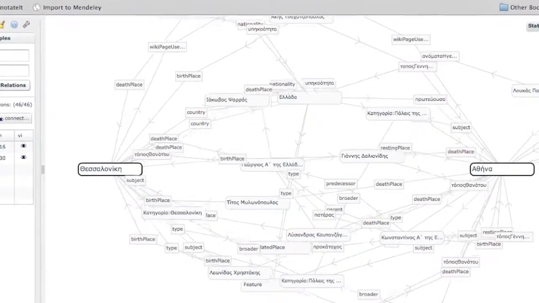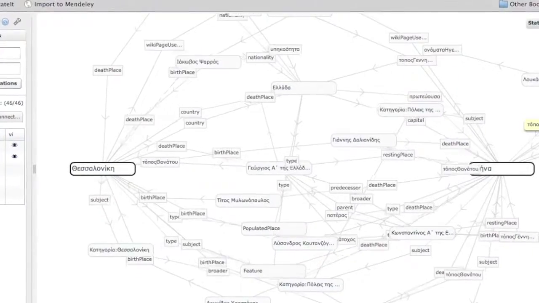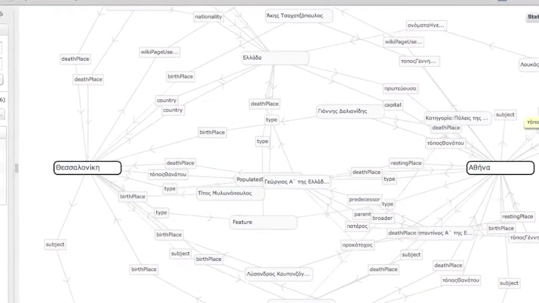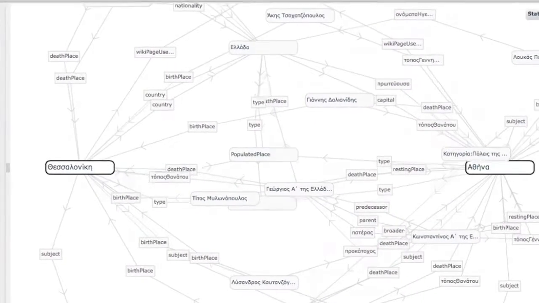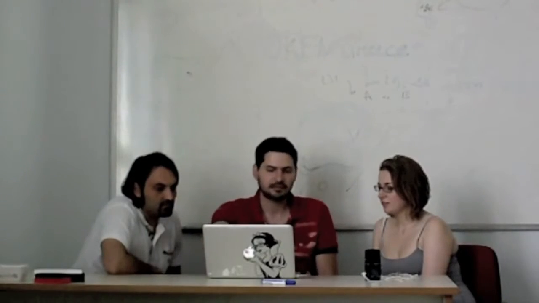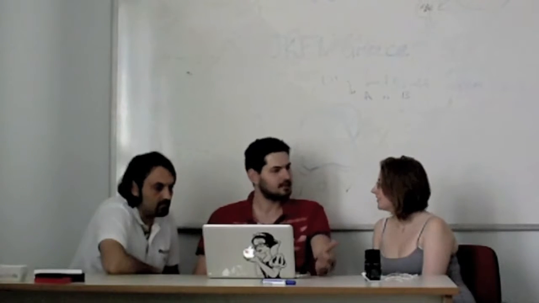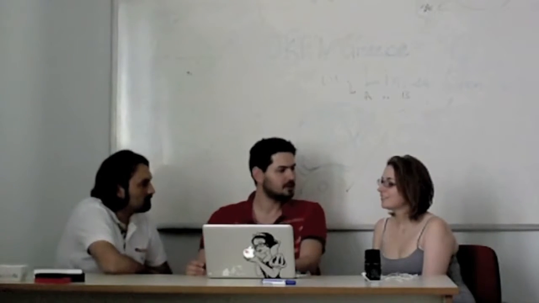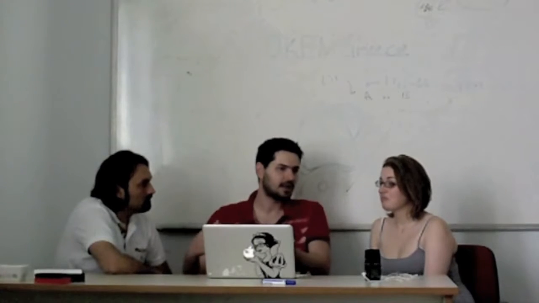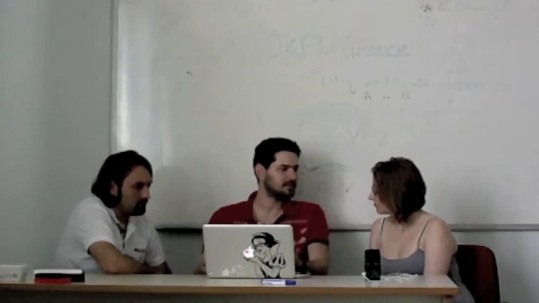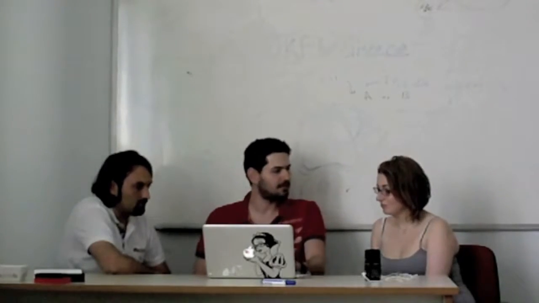Articles that refer to Athens or Thessaloniki. Who are, for example, born in Athens. So Hadji Christos was born in Athens and lived in Thessaloniki. We can find the relation between the provider, authority, and manufacturers, and see if they have previous history together, so you can decide whether or not they should buy something from them.